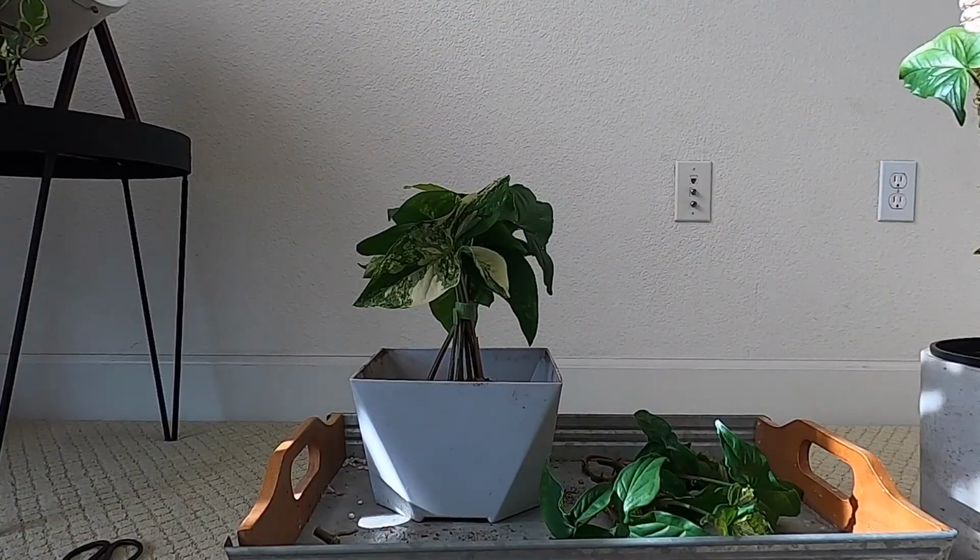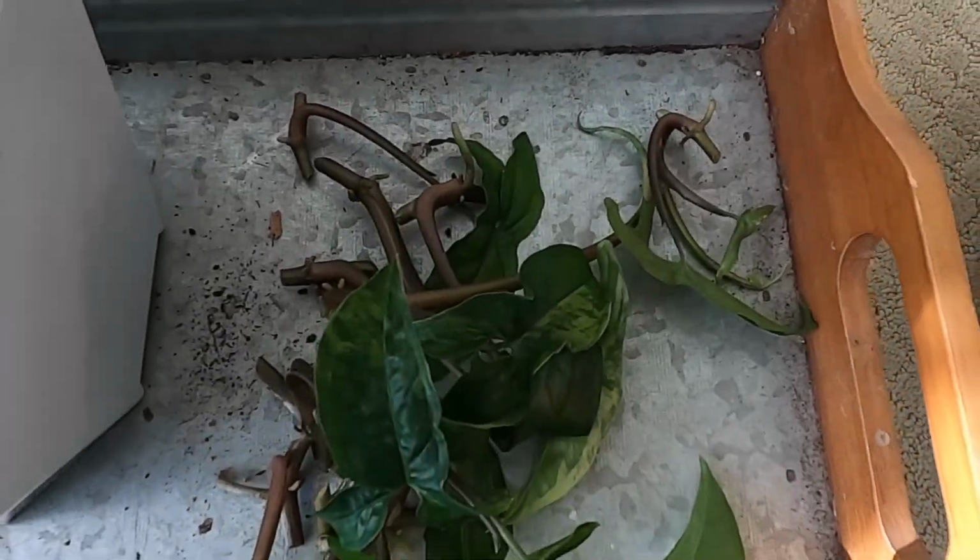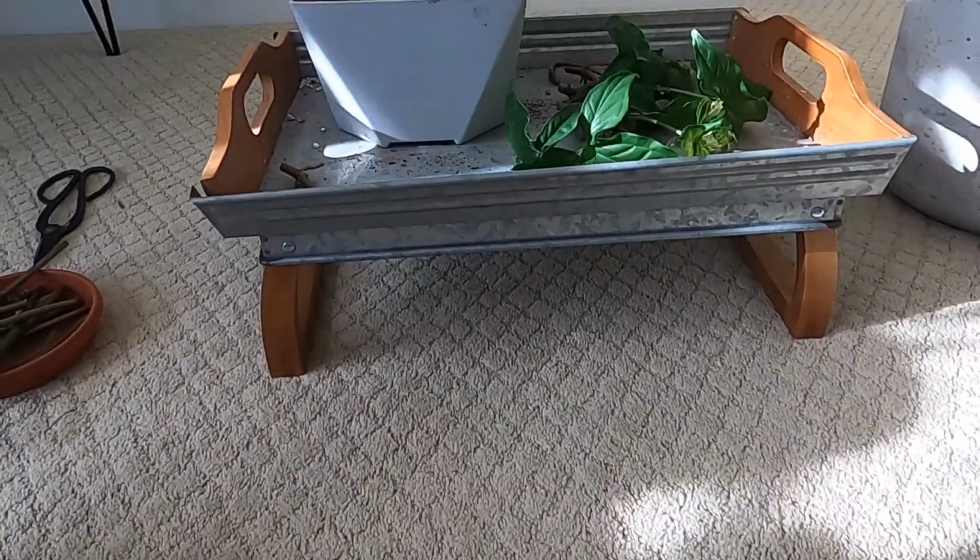And then once I have all these cuttings prepared, I'm just going to come back and remove these parts in between, which we don't need. Okay, so you can see I'm maybe halfway through. Still have all of these cuttings over here, but I want to show you what I usually do when I'm